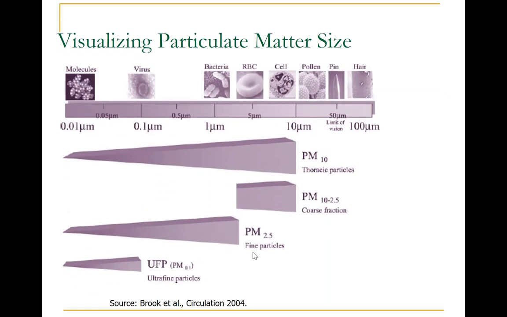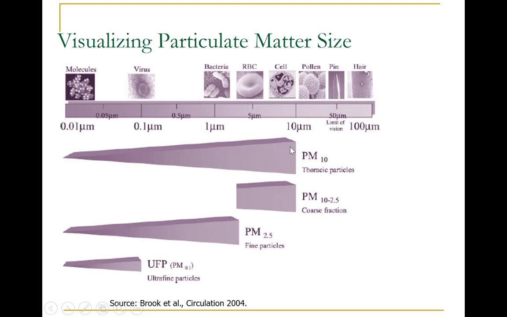Particle sizes can vary, as we already know. Particles are defined by their diameter, and we have a slide following here which you'll notice pretty soon. In here you can see that particles that have a 10 micrometer diameter or smaller are together known as PM10, or thoracic particles. Then particles that have a diameter of 2.5 micrometers or less are known as fine particles. So PM10 has all the particles that are 10 and lower. PM2.5 has all the particles that are 2.5 and lower.